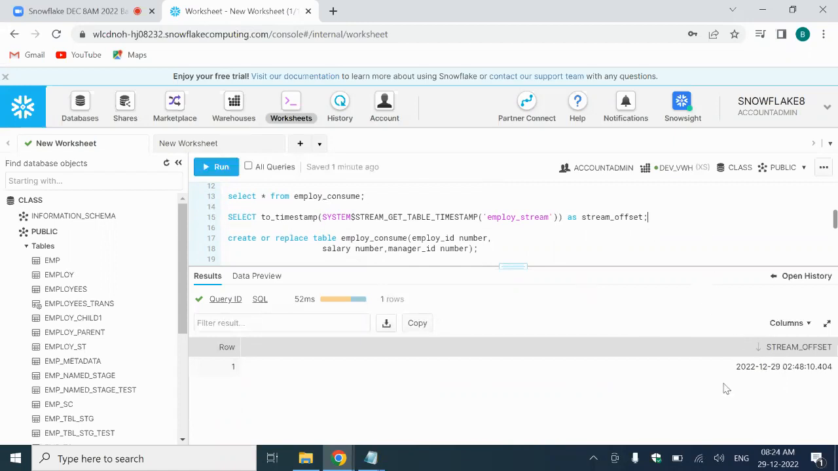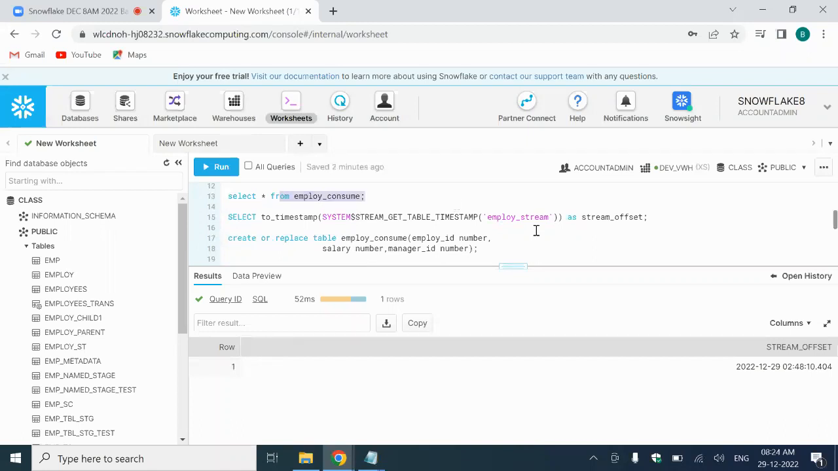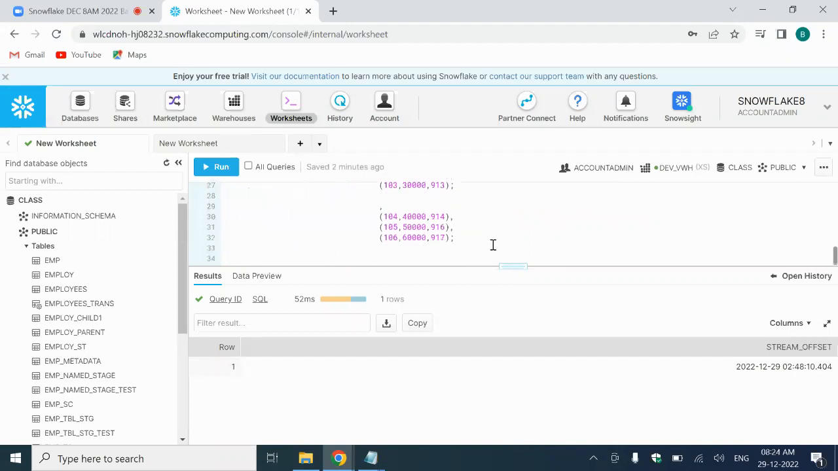The offset time is updated, and till the next consume, the changes will be available in your stream object. If you make any changes on this particular table, that change will be available in the stream till the next consume. It means next utilization. Now we have only inserted the data, right? Now let's observe this. We are going to delete, or we are going to update. For example,